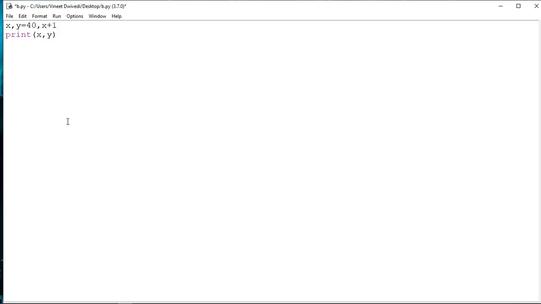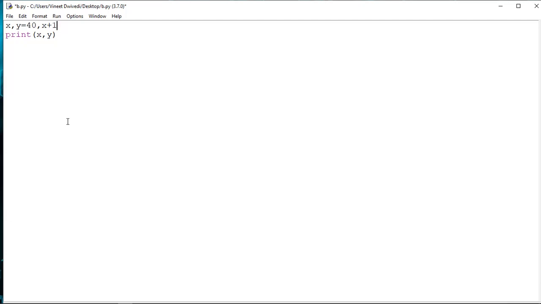Now suppose we are going to print it, what should the output be? Now see here, in the line x comma y is equals to 40 comma x plus 1, x is directly getting a value, that is 40, but y is not going to get any value. Why? Because y can be evaluated only after the line x is equals to 40 is executed.